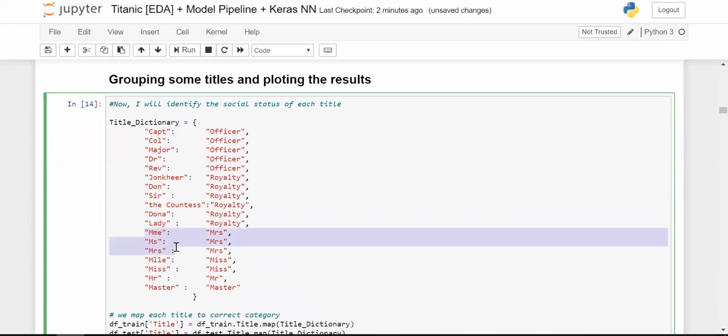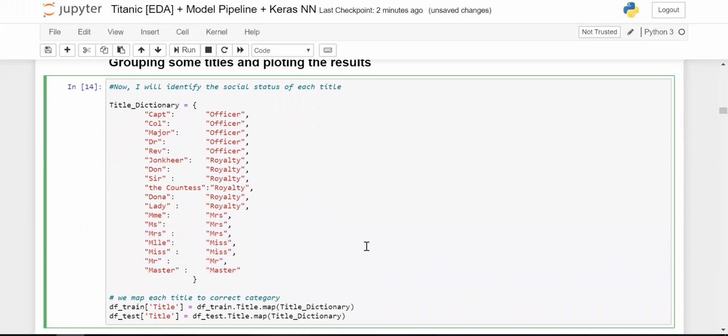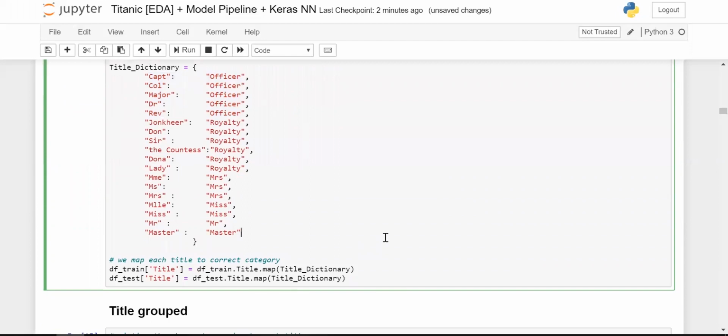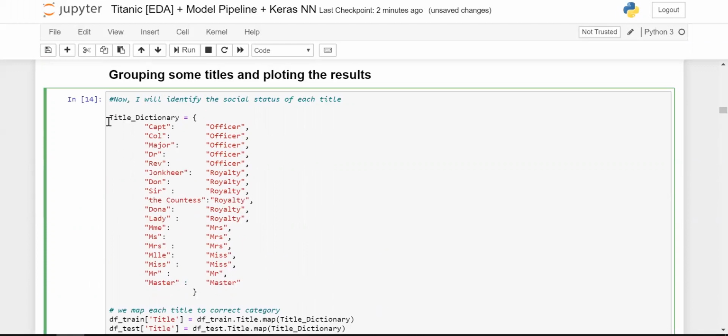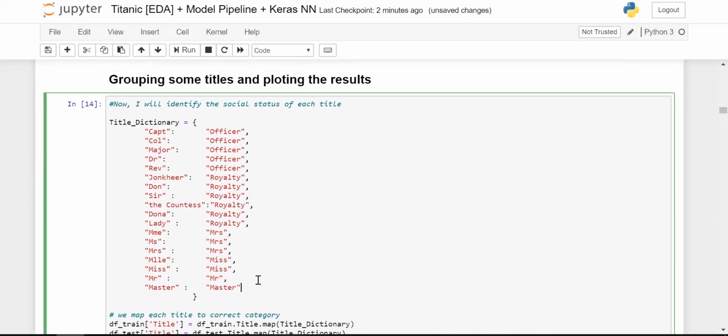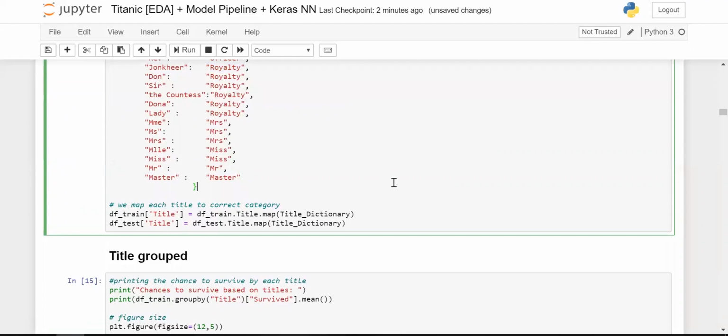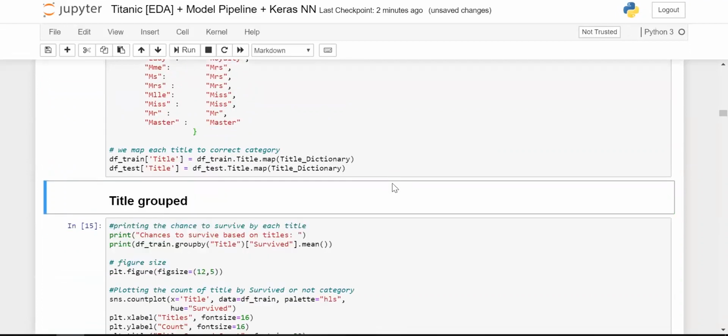For the smaller titles like Mr., Miss, and Master, we'll keep Miss, Mrs., Mr., and Master. We'll apply map upon this dictionary, which means it will transform all the given titles under this dictionary to the corresponding transformations, which are here. Like this, and it's done.